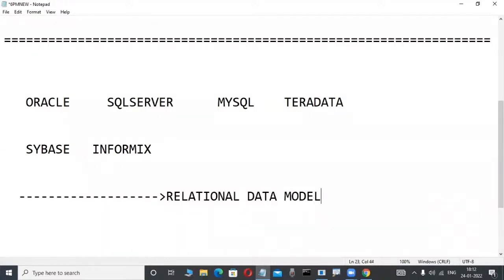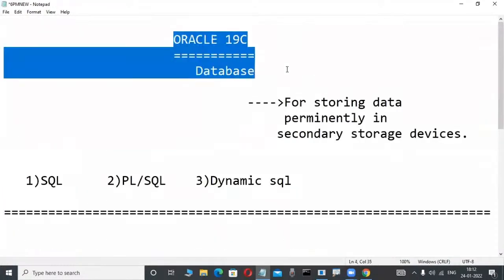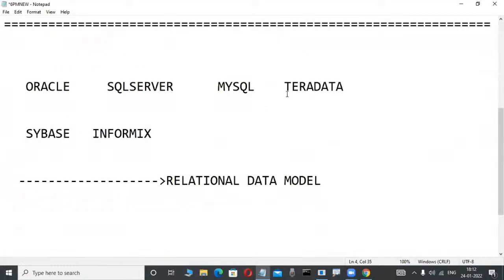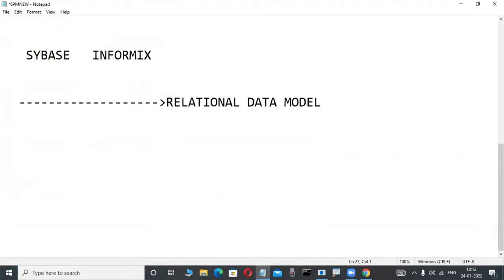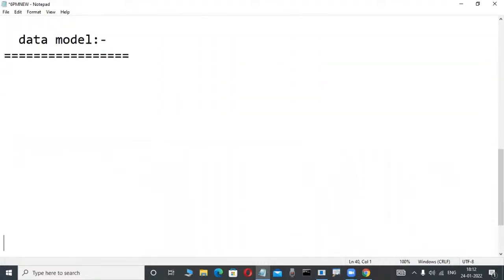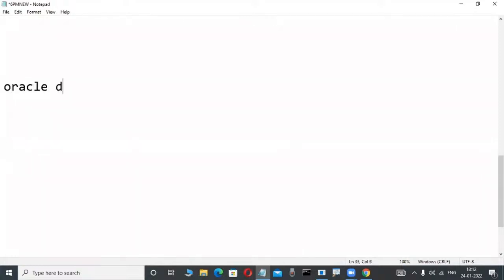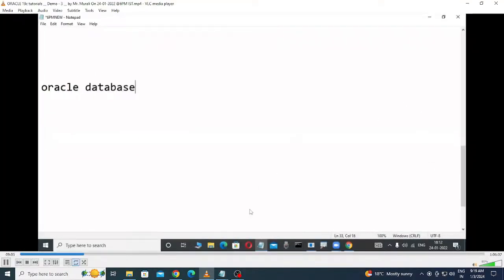Observe here, the data model is a concept. You must be familiar with it before we start. If you are interested in learning these types of courses or products, minimum knowledge is required. Now observe here: what is a data model? It is an easily understandable model. Just the data model. Slowly observe here. Suppose Oracle is a product. This Oracle database, or relational database, has two types of